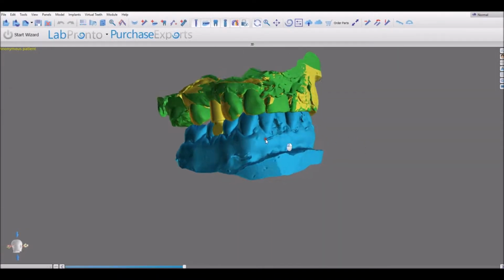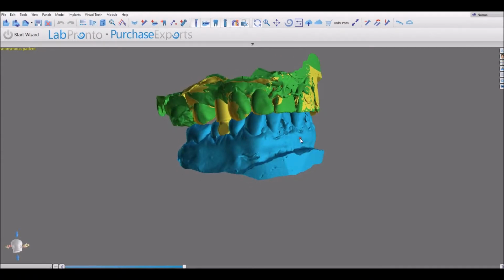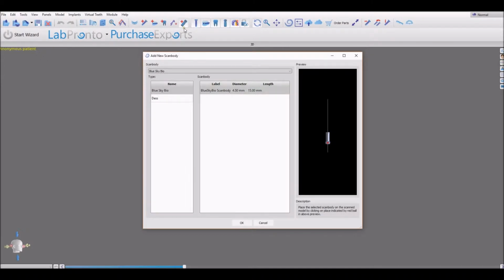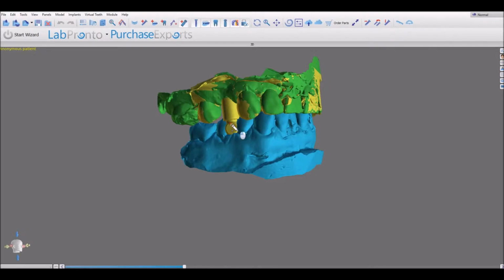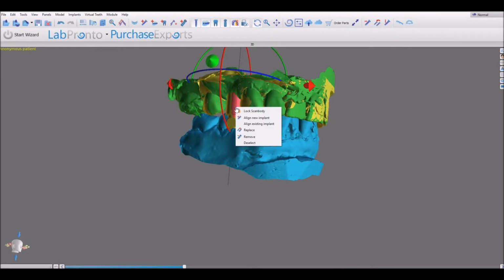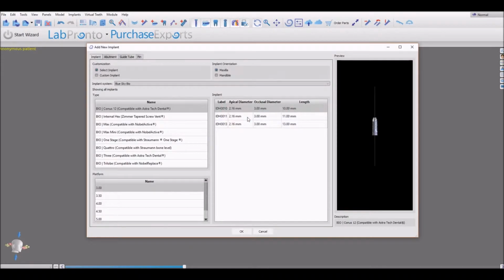We're going to continue the process by aligning the scan body. We're going to click Add Scan Body, select the relevant scan body from the drop-down list, and then click once on a flat surface of the scan body. The software will process and do the alignment. Once the alignment is done, we'll right-click on the scan body, click Align New Implant,